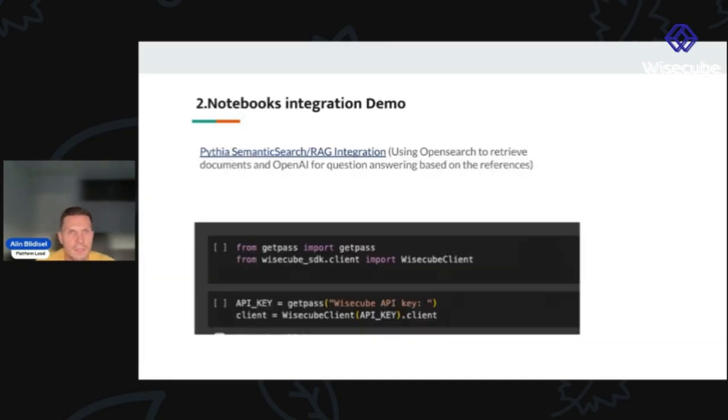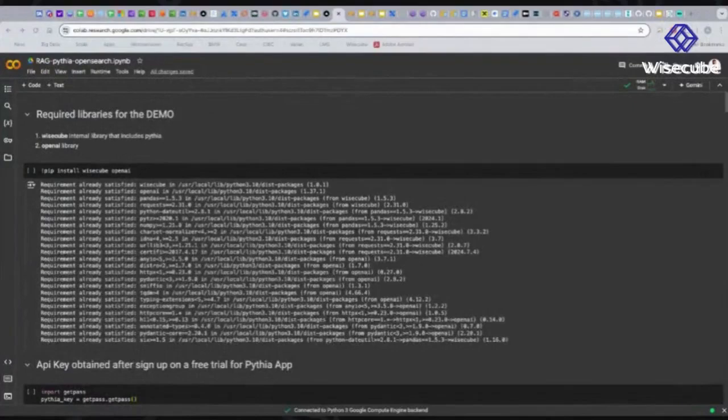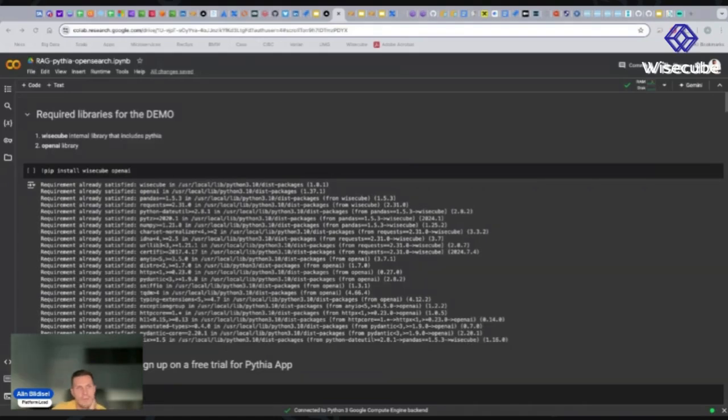Okay, and now comes the cool part. We will have a demo using a Colab notebook, where I will present how everything is integrated, how we install the library, how we make things run, and how we can check Pythia against our own created RAG system. And first of all, I want to explain shortly that